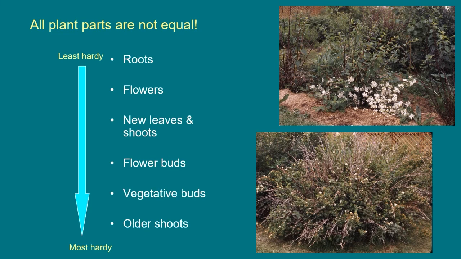Even within the same plant, not all parts have the same hardiness levels. Roots are the least hardy part of the plant, but they're usually protected by soil. Without snow cover, a lot of the plants growing in the subarctic regions wouldn't be alive in Alaska because of root death. Flowers and flower buds are also very tender, and it's not uncommon to see where the snow line